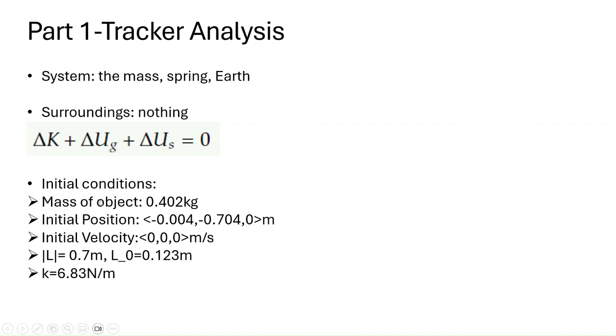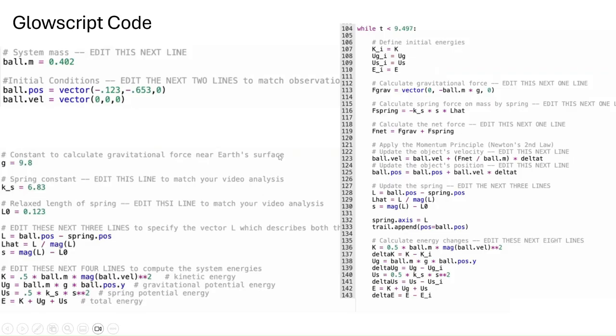The mass of the object is 0.402 kilograms, and this is the initial position, initial velocity, the length of the spring, and the constant. This is my GlowScript code, and in the top left corner we can see the initial conditions, the position, velocity, and the mass that I had to plug in, and also had to plug in the constants here, and